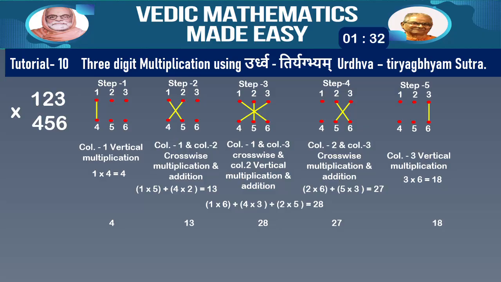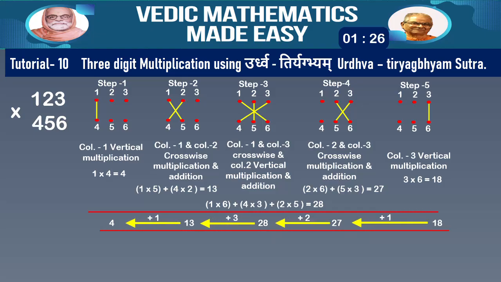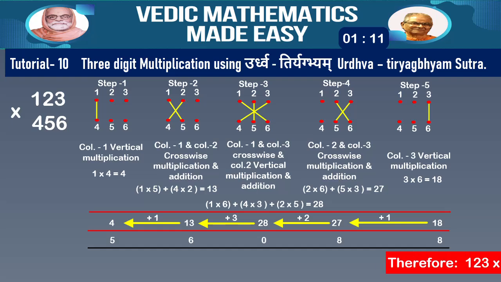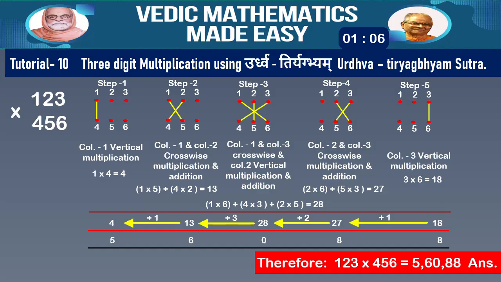Finally, as usual, retaining only unit place digit and carrying the remaining digits to previous step and adding, we get 5, 6, 0, 8, 8. Therefore, 1, 2, 3 into 4, 5, 6 is equal to 5, 6, 0, 8, 8, and that is the